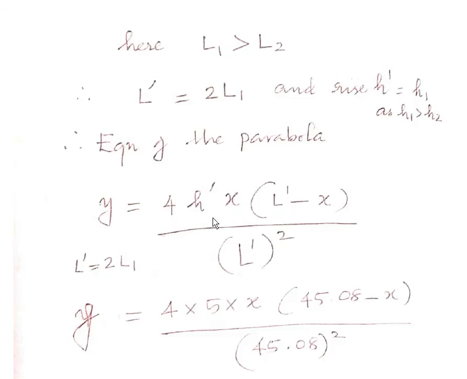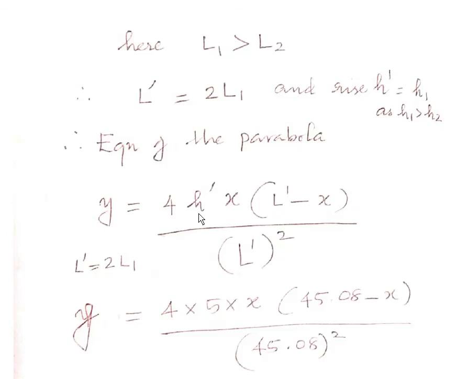But here we have a confusion, which h value is to be substituted here and which L value is to be substituted here. So for that, remember, in this equation, h dash is equal to the larger of the rise values and L dash is equal to 2 times the larger of the spans L1 or L2. And in our problem, L dash is equal to 2 times L1 as L1 is greater than L2, and rise H dash is equal to H1 as H1 is greater than H2. Remember these steps properly, correctly.